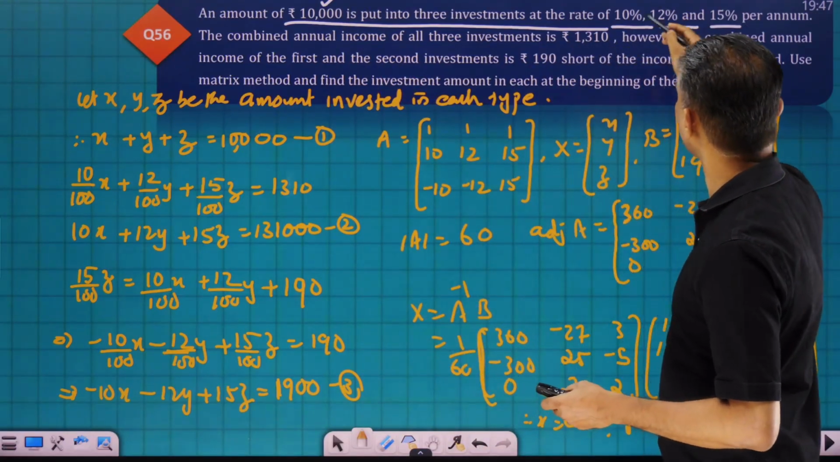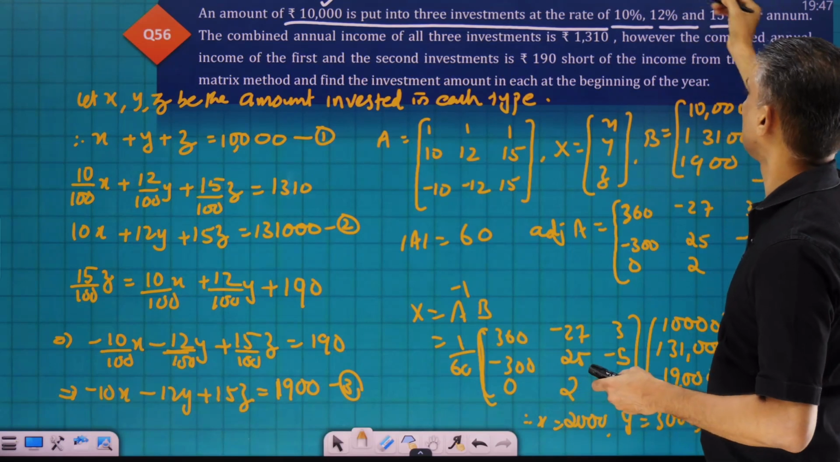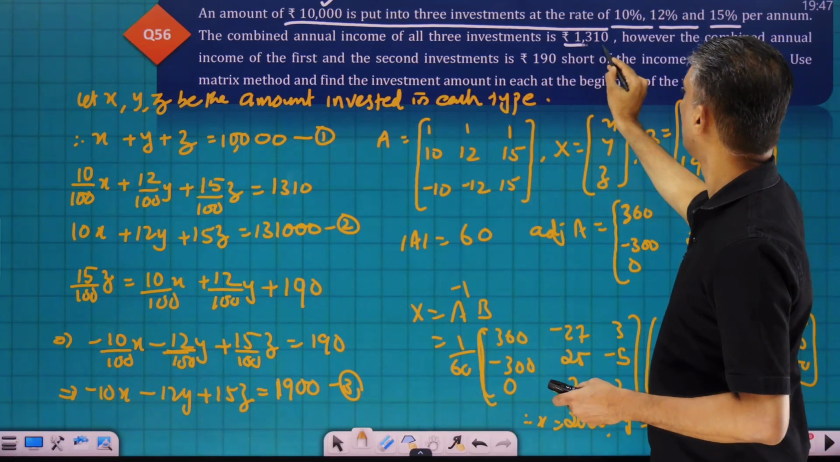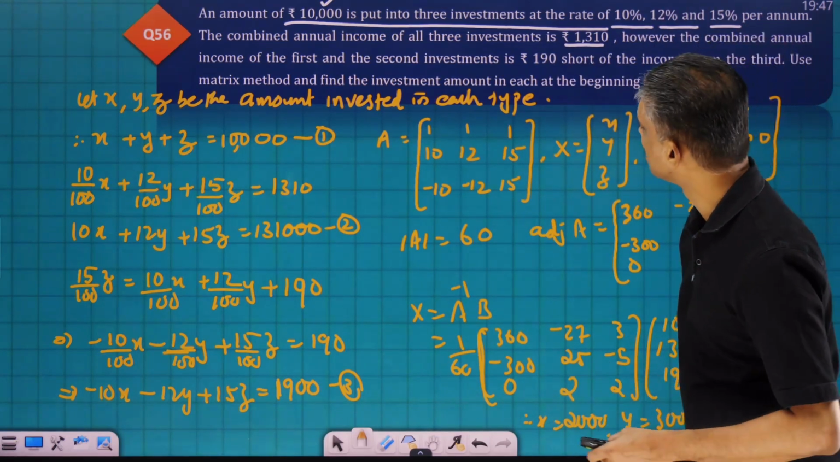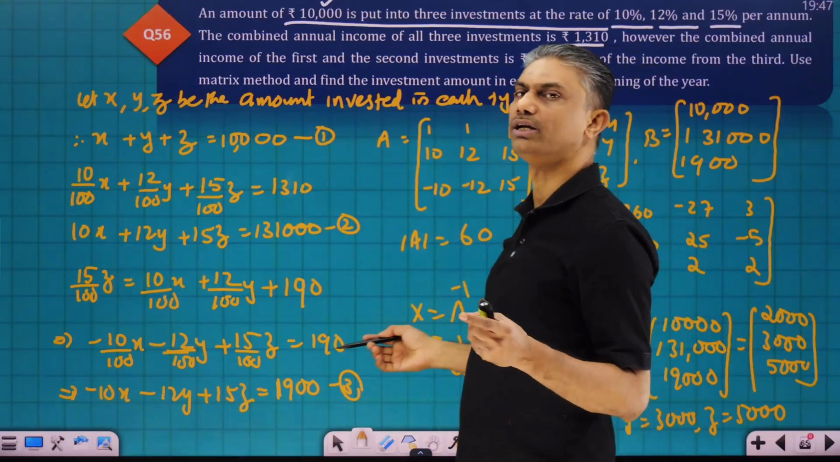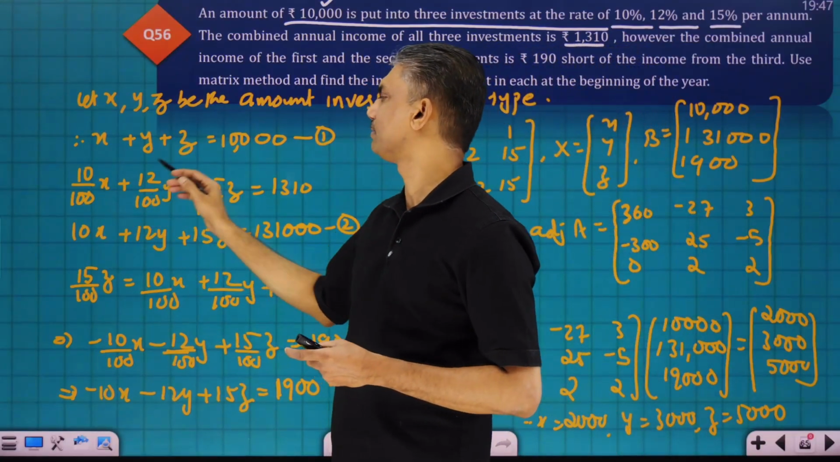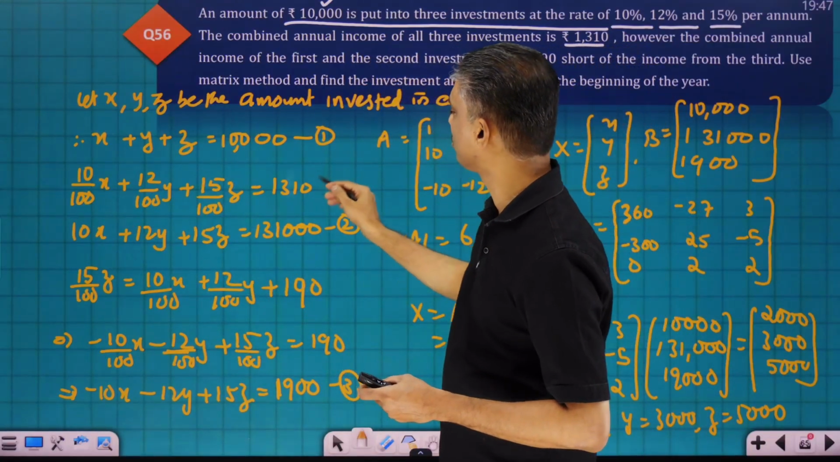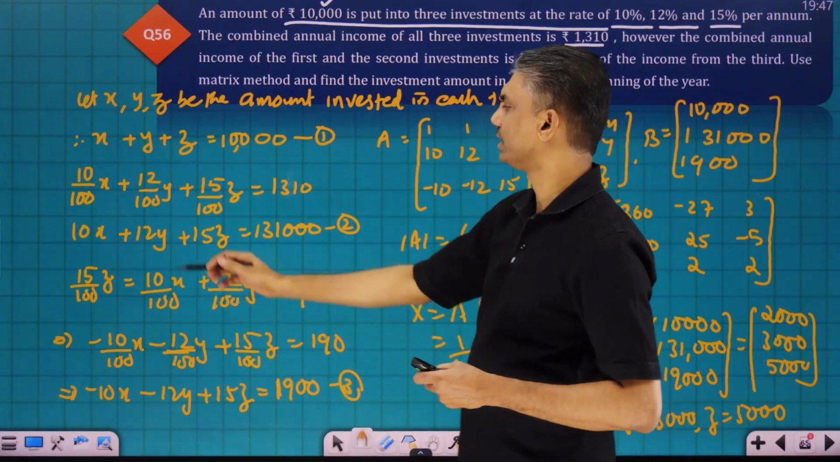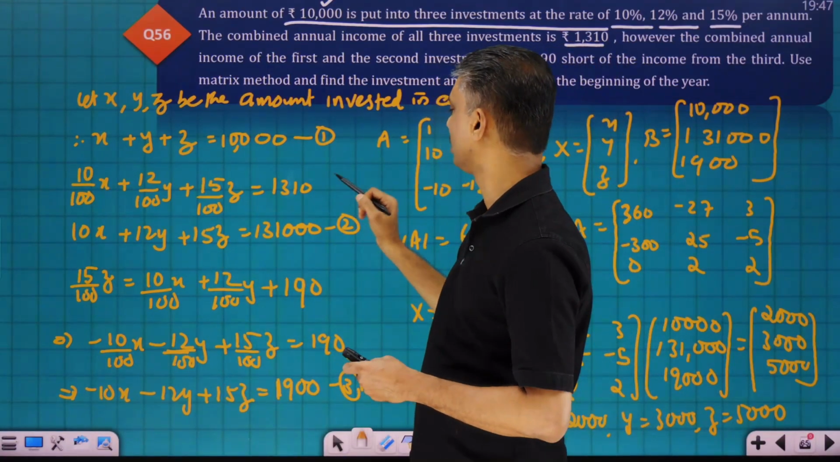Now the total return at 10%, 12%, 15% is 1310, the combined annual income. Annual income means 10 by 100 X plus 12 by 100 Y plus 15 by 100 Z is equal to 1310. So 10X plus 12Y plus 15Z is equal to